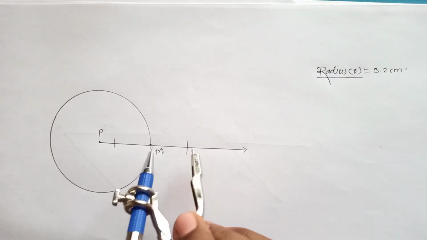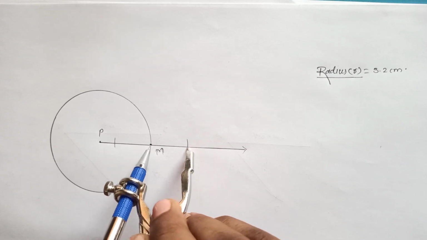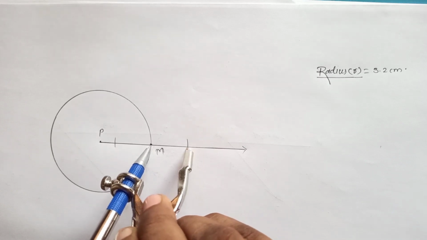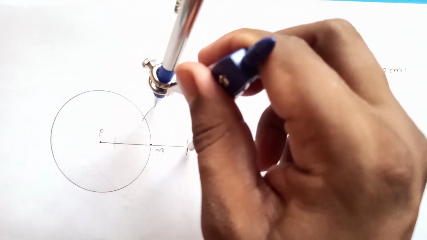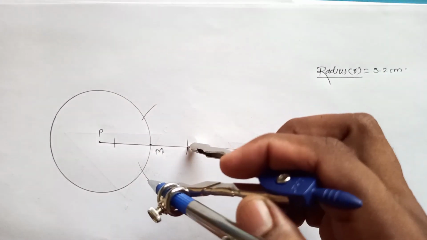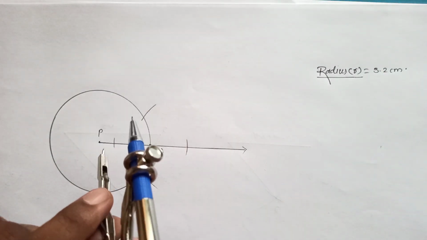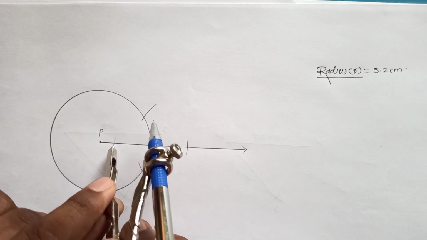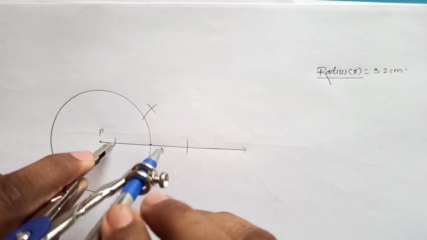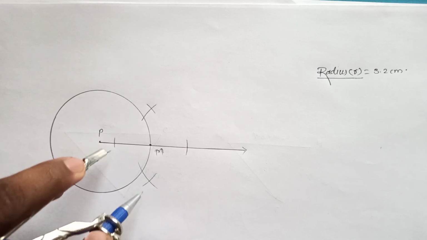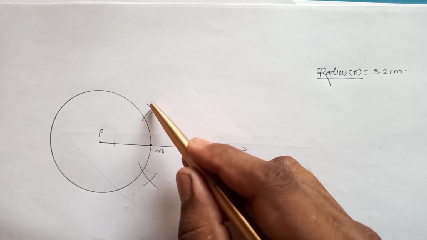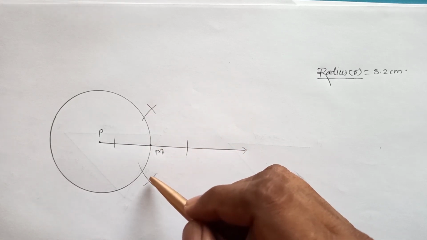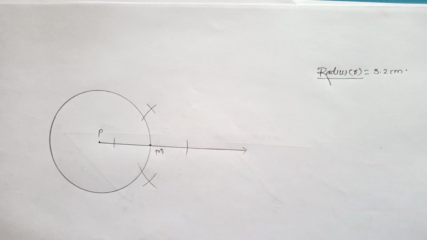So for that purpose hold this compass on the first arc. Now take more than half the distance like this. One arc to this side, second arc to the opposite side. Now don't change the distance, keep it as it is. Now hold this compass on the other arc, intersect the first arc, now intersect the second arc, and we will join these 2 points, first point of intersection and second point of intersection, with the help of the scale. So let's join those 2 points.